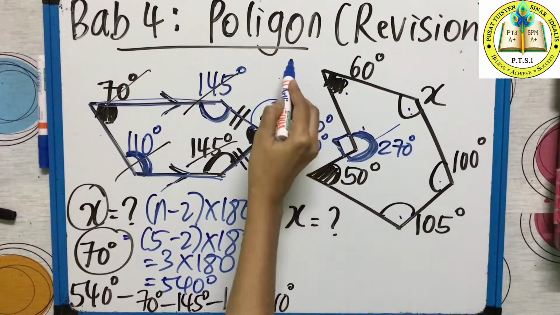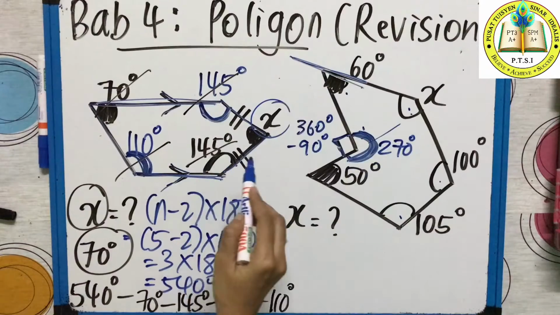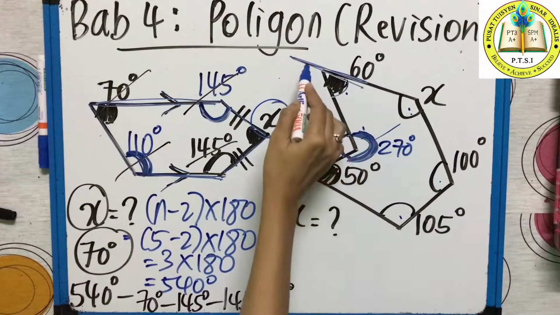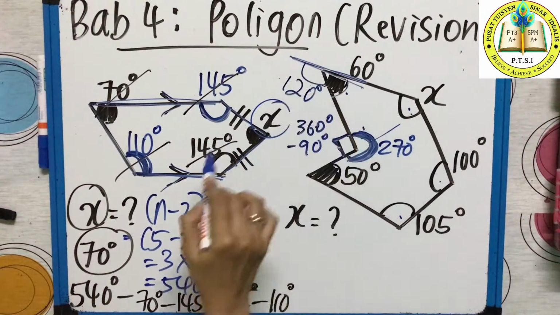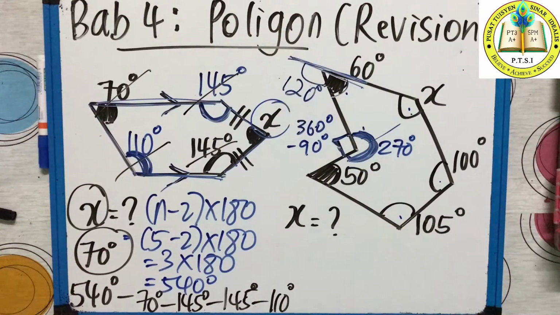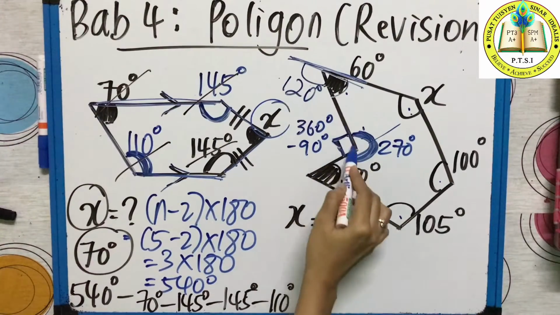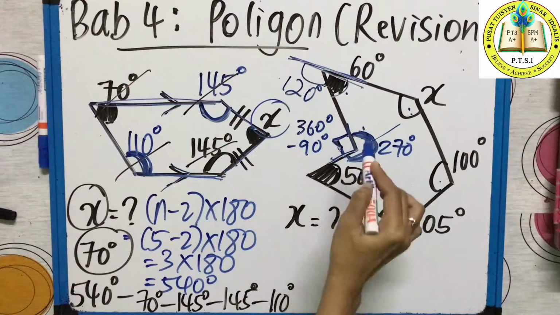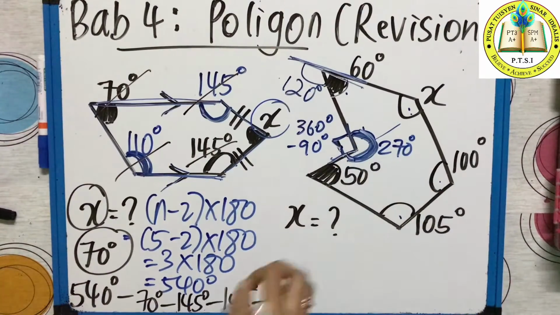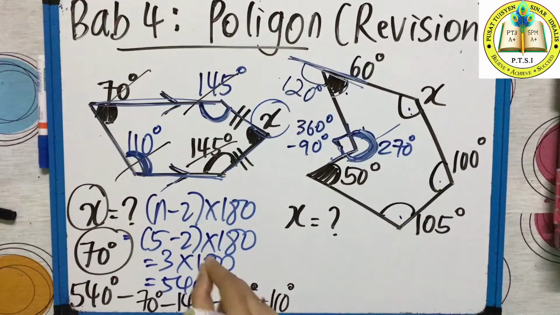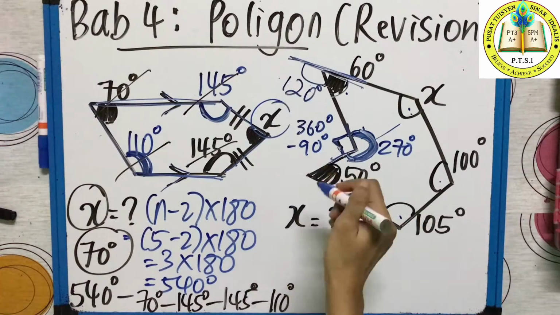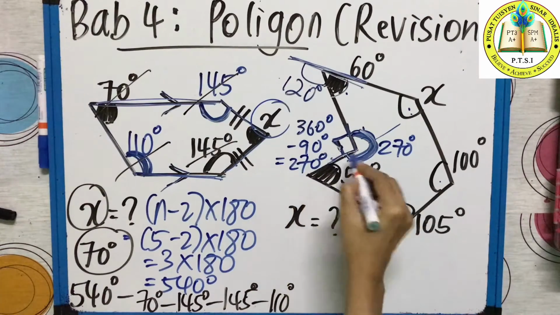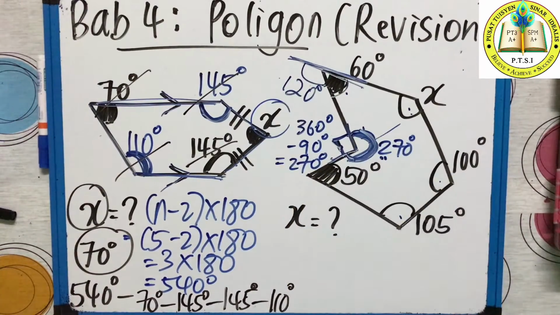If they show a straight line like this, okay, you can see this 60, this is 120 darjah because it's a straight line. This is not a straight line. Can you see the cut here? This 90. You want to get the inside one. It's a full angle. 360 minus 90. You get 270 degrees. Do you understand?